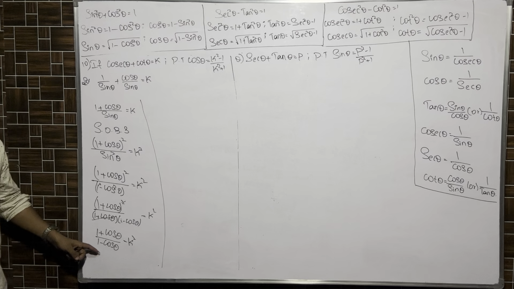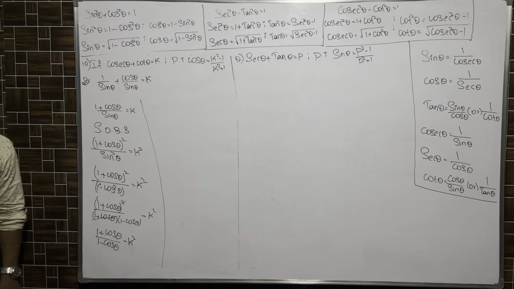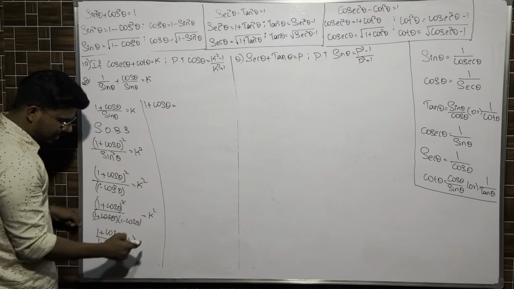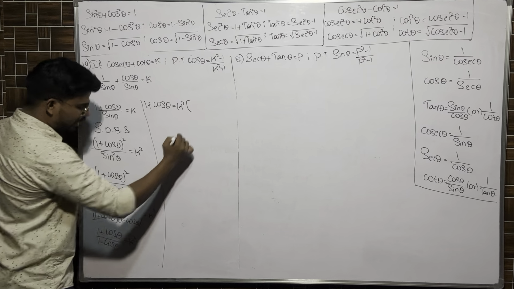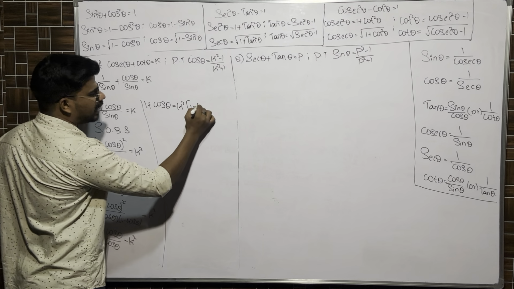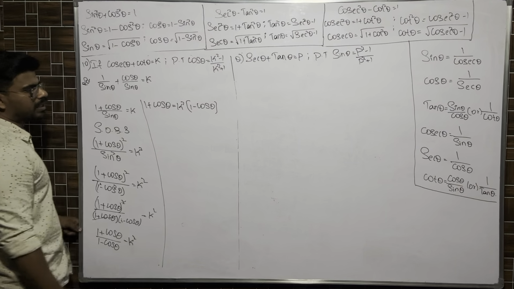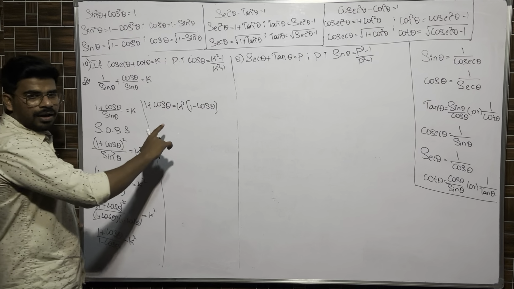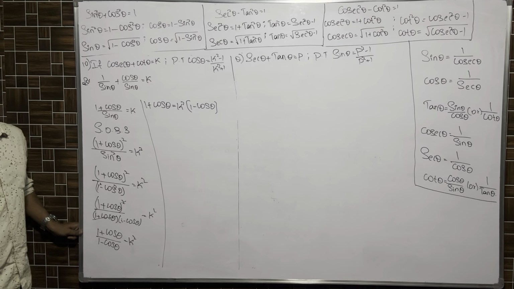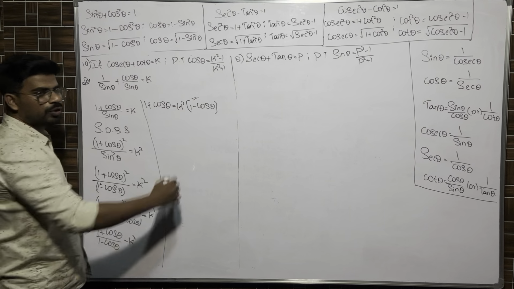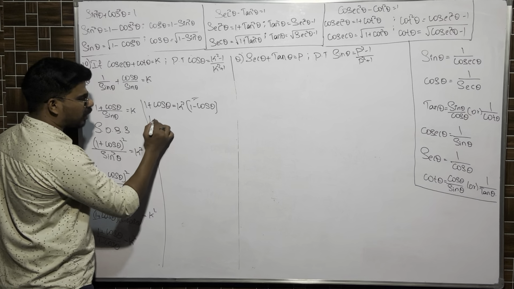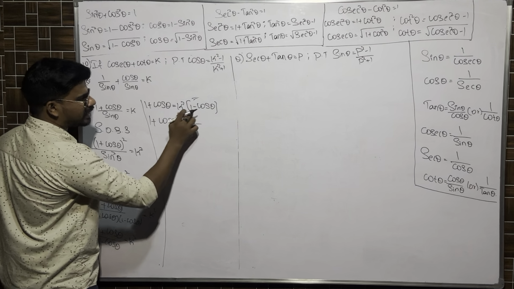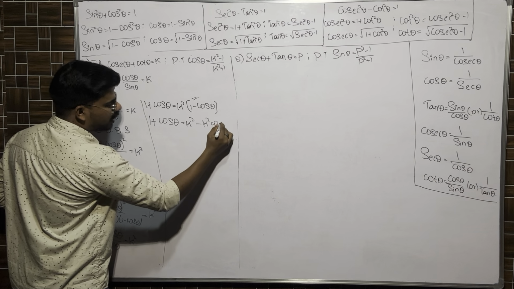Here see, 1 minus cos theta is in the division. If I send it over here, it will become multiplication. So 1 plus cos theta is as it is. Here k square into 1 minus cos theta. I will multiply k square inside. Here you will get confused. From this point you will get the wrong answer. Again and again I am telling, make sure that here you are putting all of your effort. 1 plus cos theta as it is, k square into 1, k square, minus k square into cos theta, k square cos theta, right?